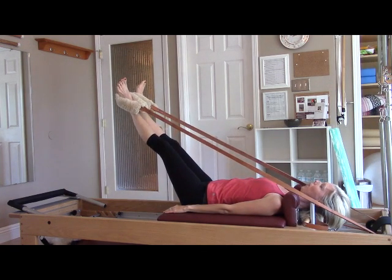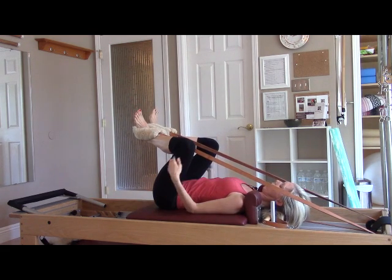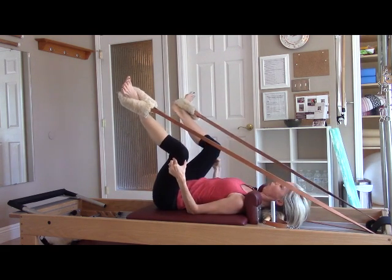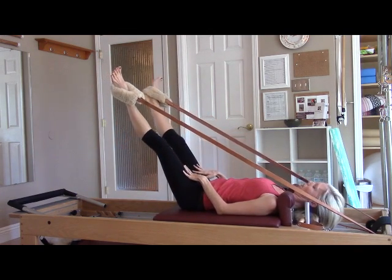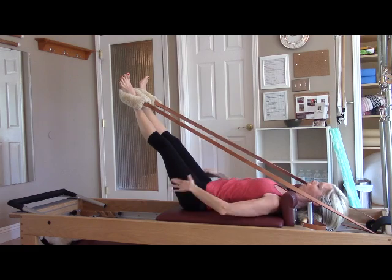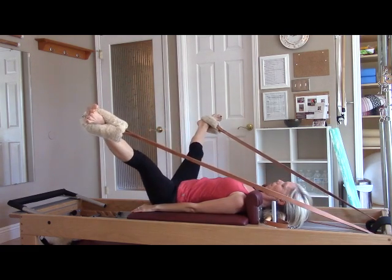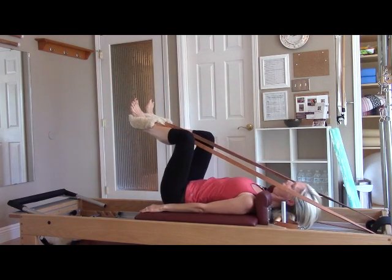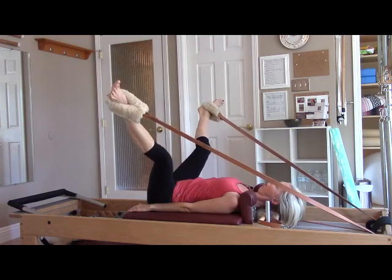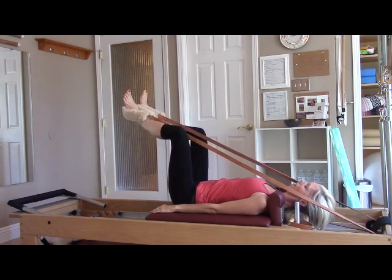Okay, so from there we can reverse that. We can come back down and in like a low frog. Again, I want to keep my thighs really still and just hinge open. And then I squeeze back together with long legs. So lots of inner thigh work, keeping the tummy tight, pelvis really still. So I come down and in, I open into a straddle and squeeze on the diagonal. Last time, draw down and in, split apart, squeeze back together,